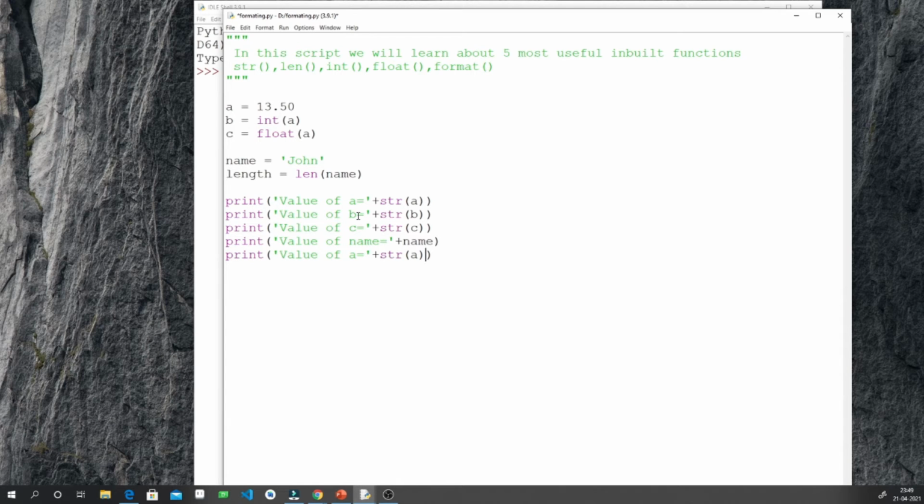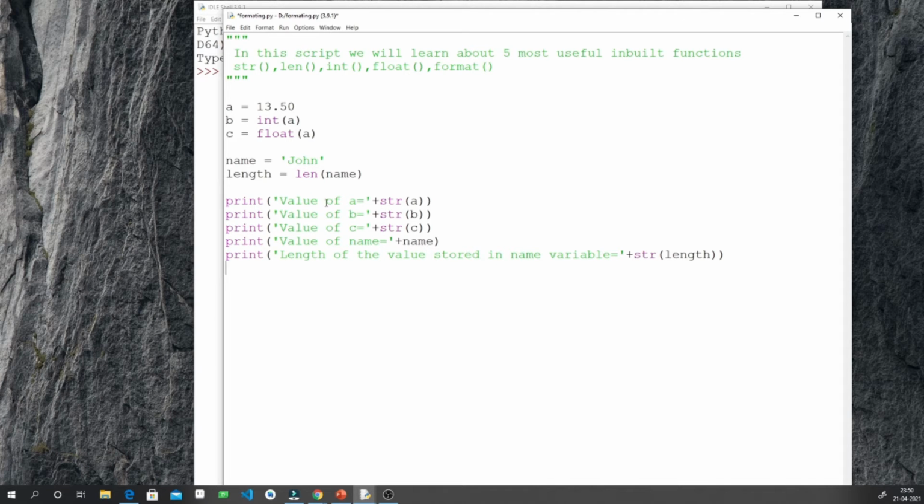Then one more print function we can write, that will print out the length of the string. So this is what the program will do now.